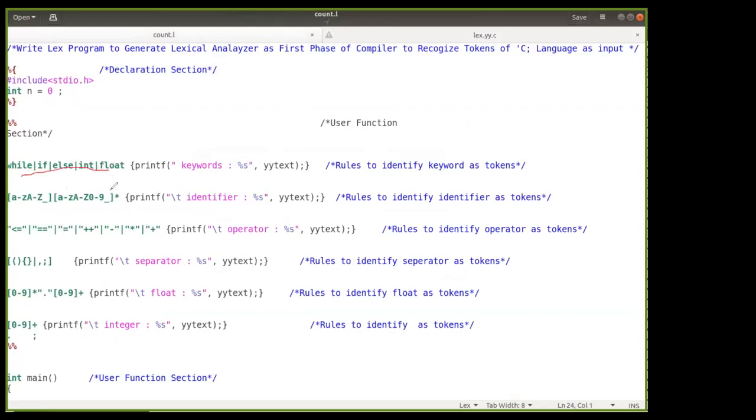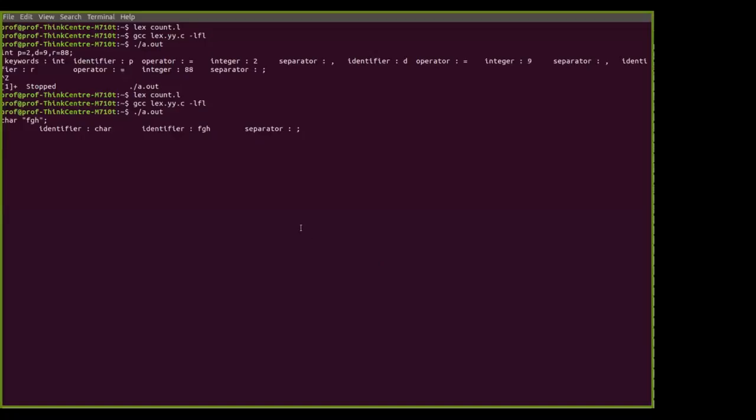Understood? So if you mention char as a keyword here, let me make the change. If I mention char as a keyword and save it, and run it again in our terminal, let's see what kind of output we get.